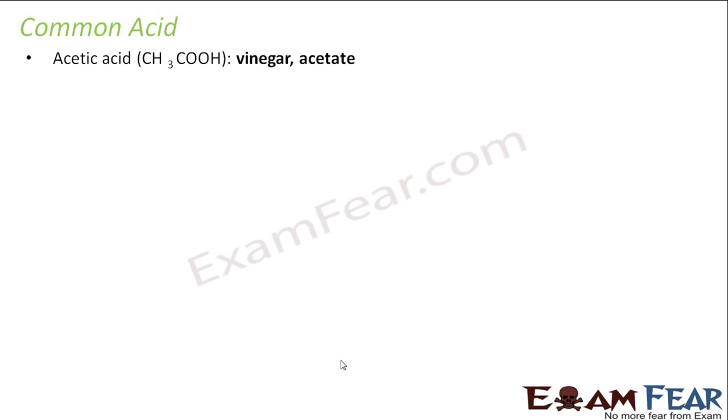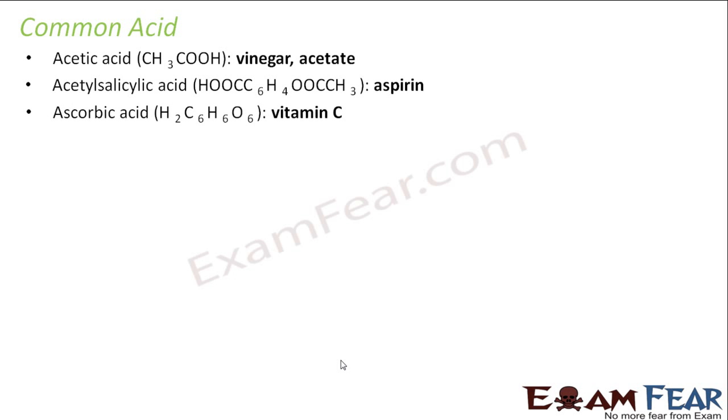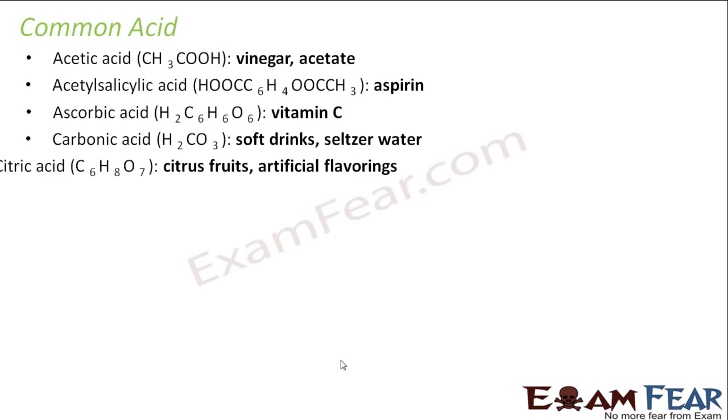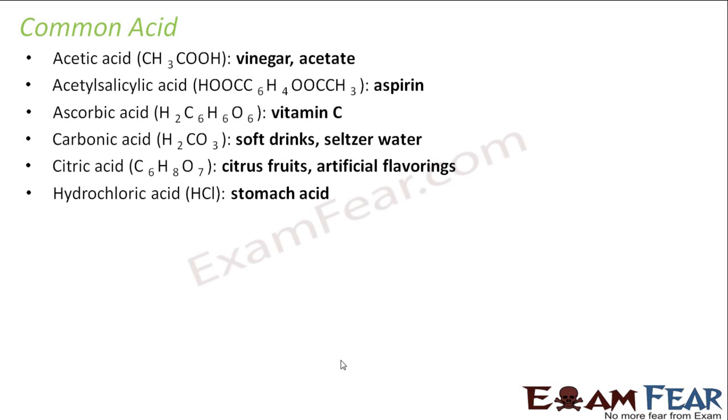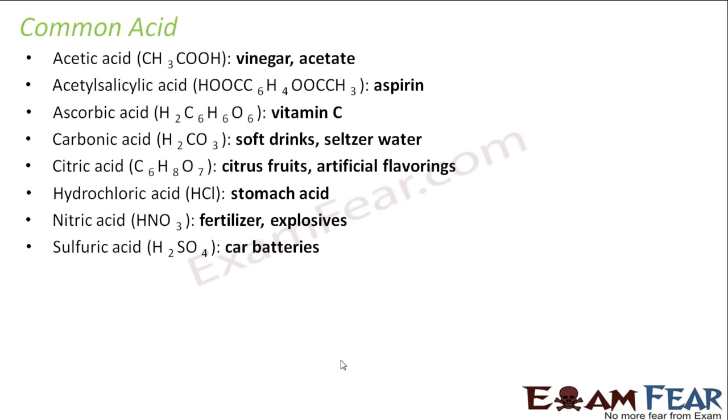The common acids which we know: acetic acid, also called vinegar; acetylsalicylic acid, which is called aspirin; ascorbic acid, that is vitamin C; carbonic acid, used in soft drinks; citric acid, used in fruits; hydrochloric acid, the one in the stomach, the stomach has acid; nitric acid, used in fertilizers and explosives; and sulfuric acid. These are the common acids which we use in our day-to-day life